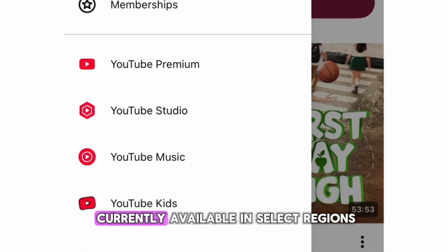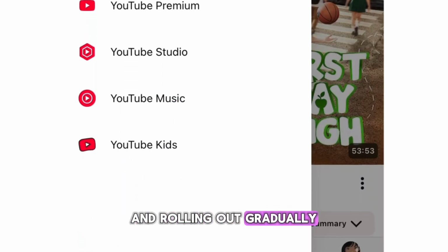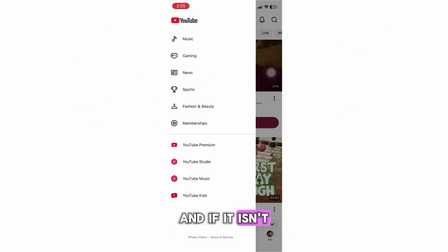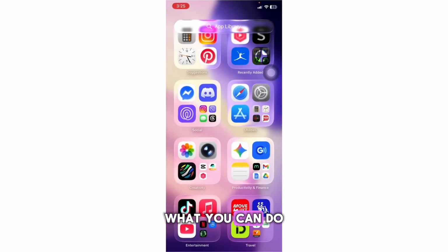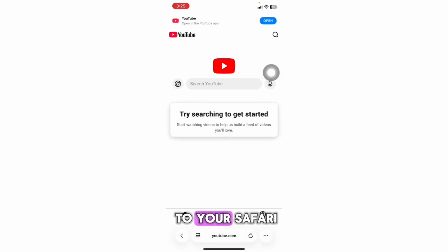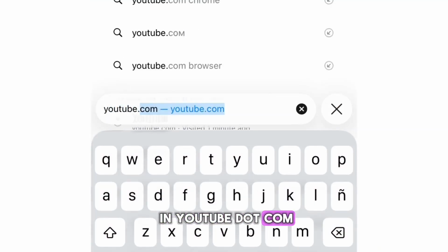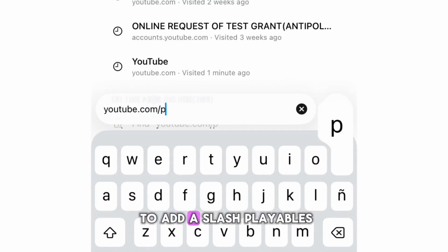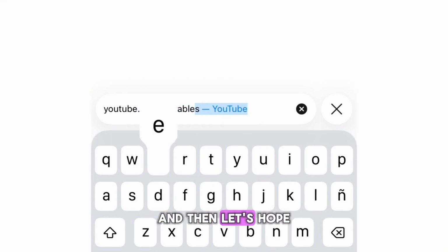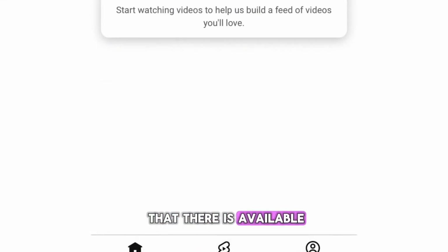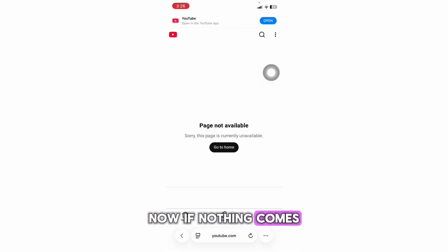The feature is currently available in select regions and rolling out gradually to more accounts. Now, if it isn't showing in your YouTube account, what you can do instead is head over to your Safari, and from here, just type in youtube.com and add /playables, and let's hope that it is available right there. Now, if nothing comes up or it says page not available, then it might not be available in your region